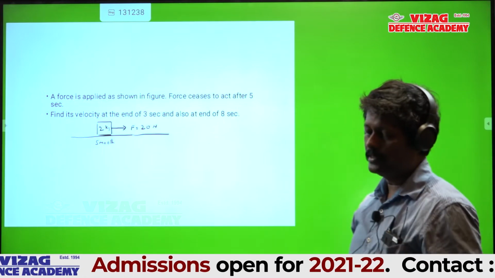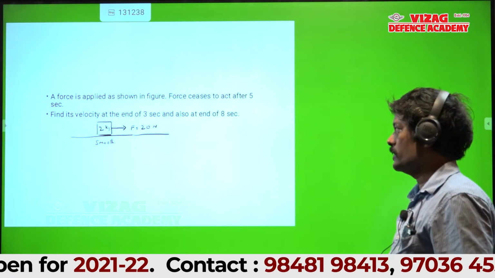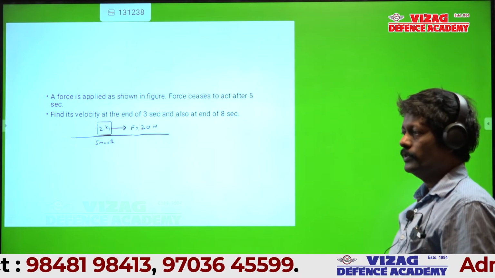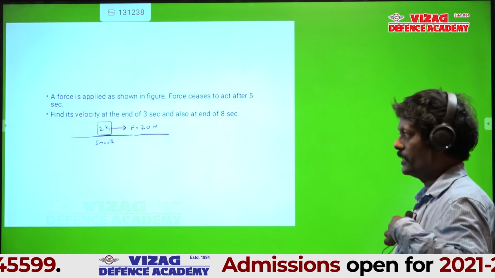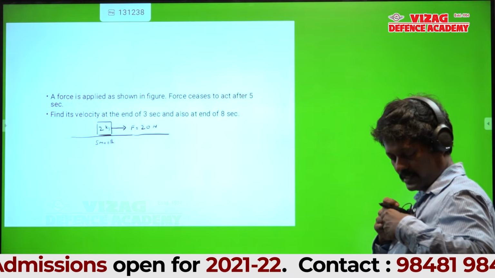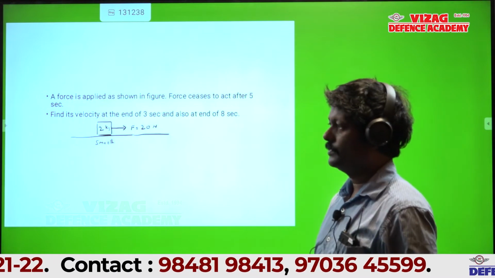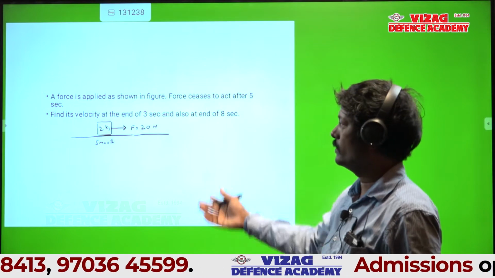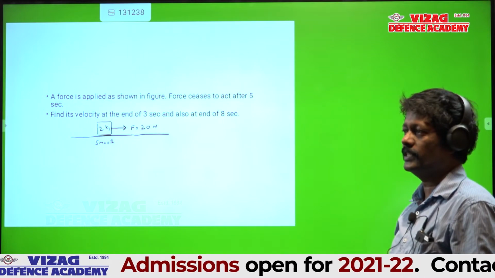Now actually in the dynamics part, in Newton's laws, only then do we have to discuss force. But in kinematics also, if you link Newton's laws with kinematics, you have some advantage. That is the reason why we are discussing Newton's laws also. This is the first one we are doing, just started.